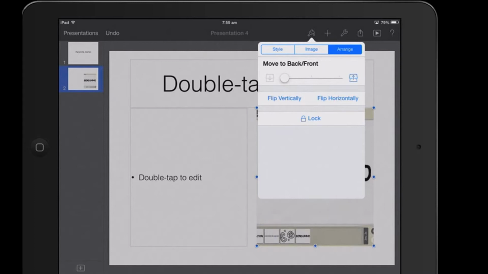So I go to arrange, and what I can do here is, if I want to overlay text with images, I can use the move back to front button to put the picture underneath some text or over the top. Right now the picture is just on its own, so I don't need to worry about that too much, but I can flip it vertically or horizontally if I want to. If I go across now to the image tab,